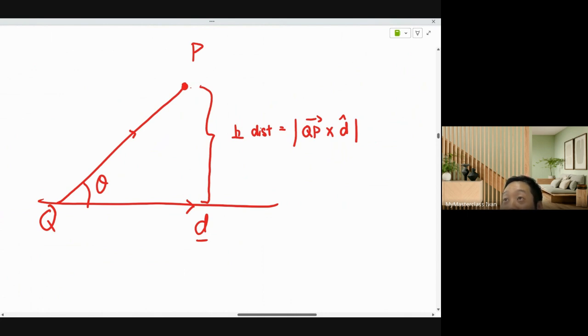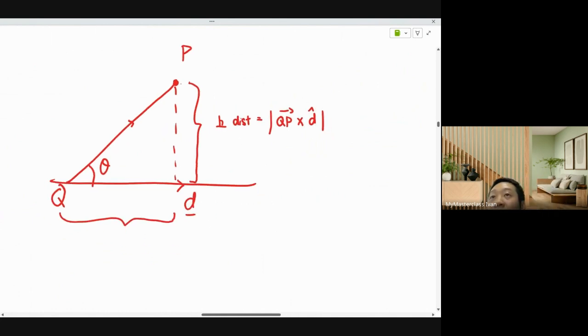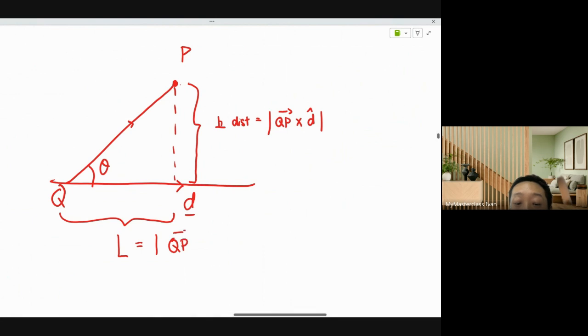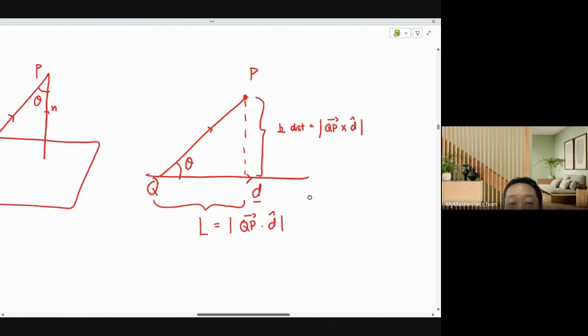Remember perpendicular distance. So this triangle must be very familiar. Then remember, what is this called? The shadow on the floor is called what? Length of projection. The formula for length of projection is the modulus of QP dot D hat. So this is called the perpendicular distance from point to line. This is called the projection vector. But when it comes to